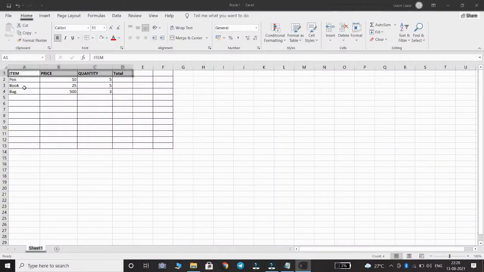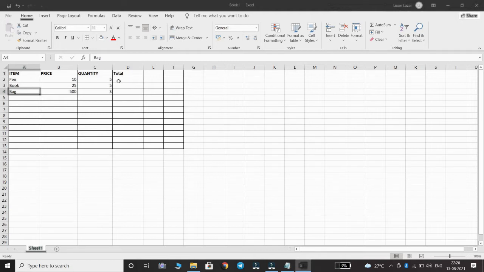The items are given: pen, book, bag, and the price of each item is also given, and the quantity that we need for each item is also given. Then we have to find out the total. For this, first you have to type the formula equal to, this is B2, then into, this is C2.